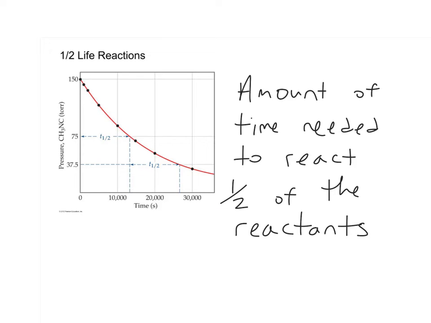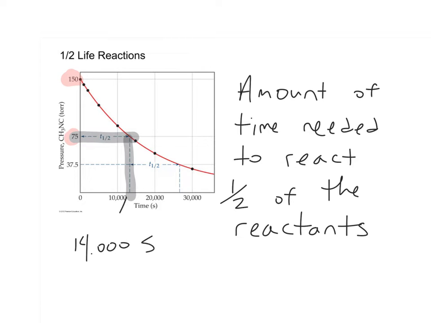If you look at the table, or I guess the graph, you'll notice that the half-lives are laid out for you. If you originally start with 150 of the original reactant, this happens to be a reactant that is in pressure. Remember, pressure and molarity can essentially be interchanged. And this is the first instance where that happens. So you've got 150 torr or pressure units and then 75. And what you're looking at is how much time it took in order to make that first half disappear. Now, it's estimated to be about